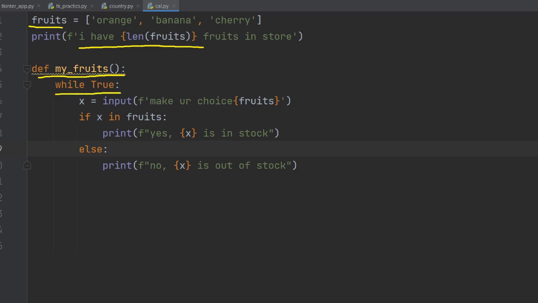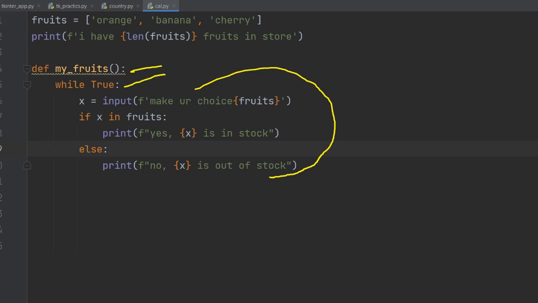And then right here we use the while loop. I've taught you guys about the while loop. We use the while loop and set the condition to be true, and once the condition is true, this block of code inside the while loop will keep on looping. It will keep on looping without stop. So we define a function called my fruits, and then we use the while loop to keep this running. Okay, so what is the condition? Right here we said